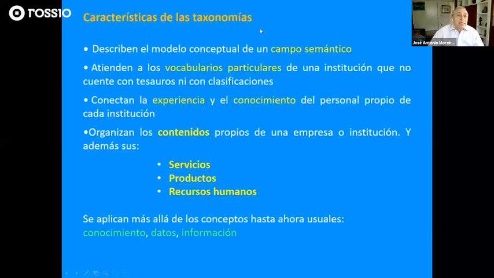Bien, las taxonomías describen un modelo de conceptos en un campo semántico que puede ser muy amplio, muy reducido, puede ser científico, académico o puede ser de la vida diaria, entre ellas sobre todo de las vidas en la gestión empresarial y sobre todo en el comercio electrónico, y por eso atienden a los vocabularios particulares de una institución que no cuente